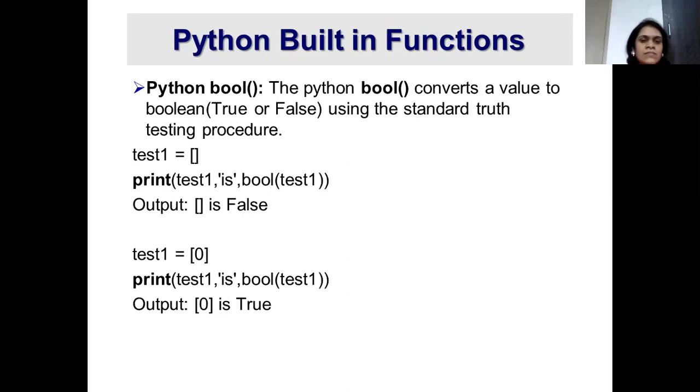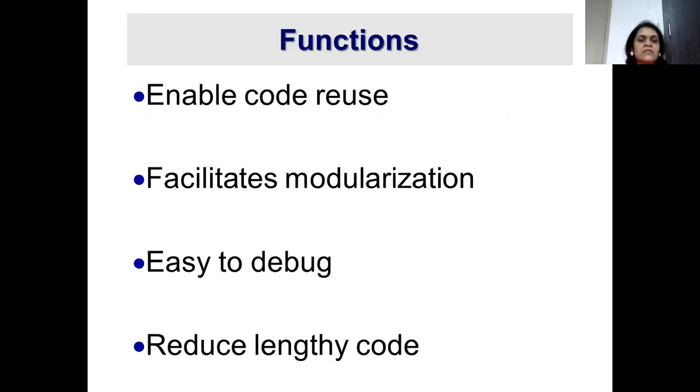So through these examples, you might have understood that once a function is written, it can be called multiple times in multiple programs. So there are some advantages of using functions. Let us go through these advantages. First, the most major use of functions is that it enables code reuse. As we have seen in the examples, the function for Boolean value or the function to find the length of the string is written only once and you are calling it multiple times, meaning it is reused n number of times.